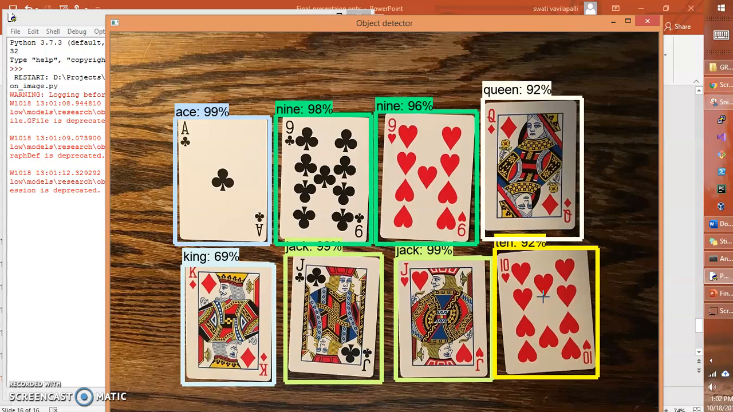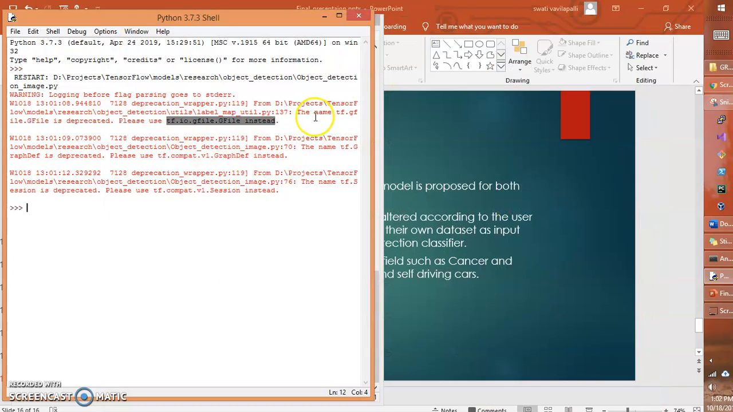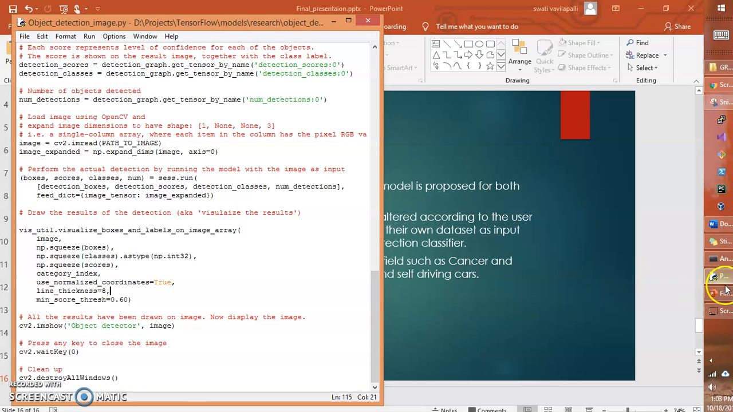As I explained in the future work, these do not distinguish whether it is a hearts one or a, see here it is a Jack heart one, and then this is Jack spade, I think. So all these they don't distinguish, but still they distinguish whether it is Ace or 9 and how much percentage it is true, accurate. Now let's close this and then run object detection